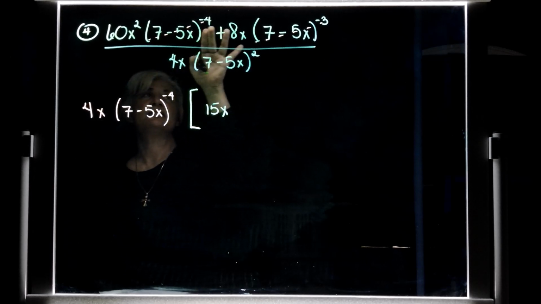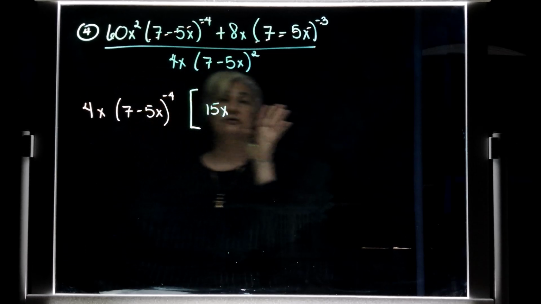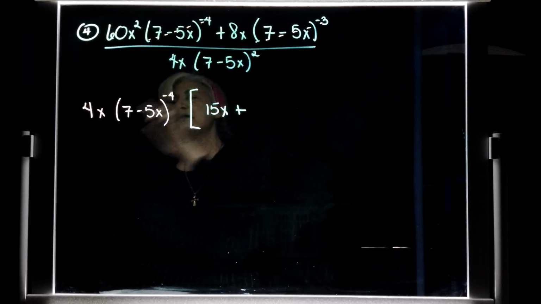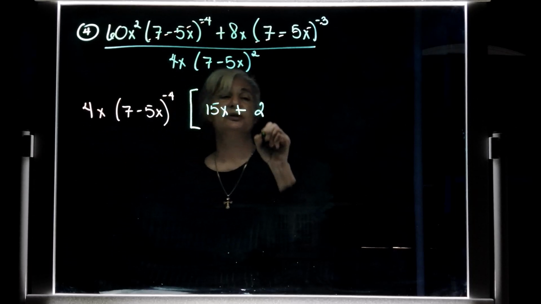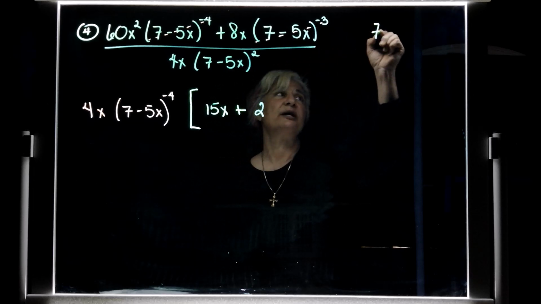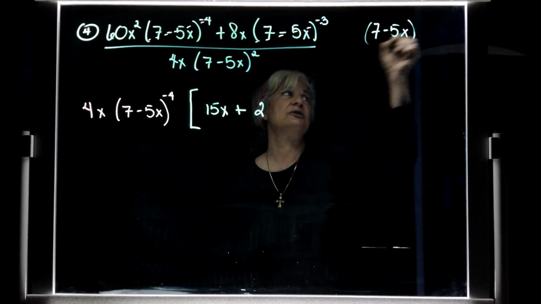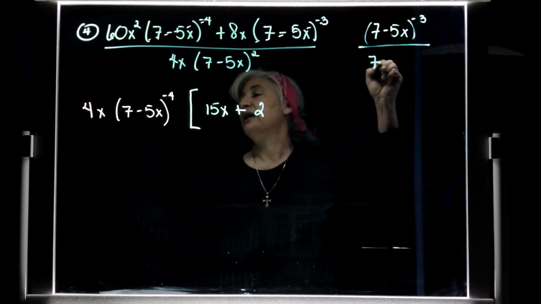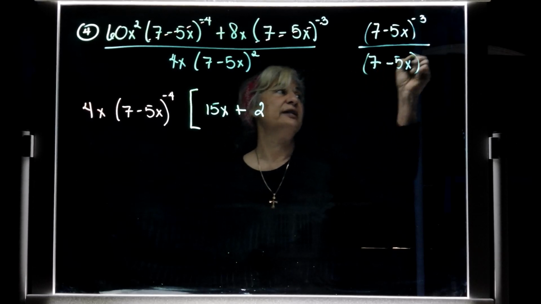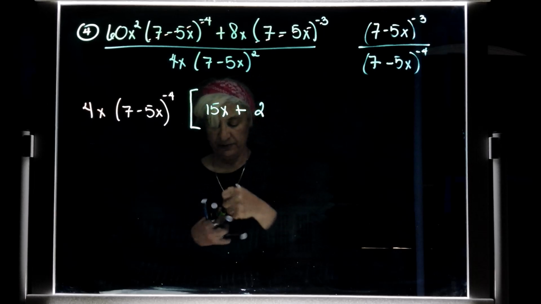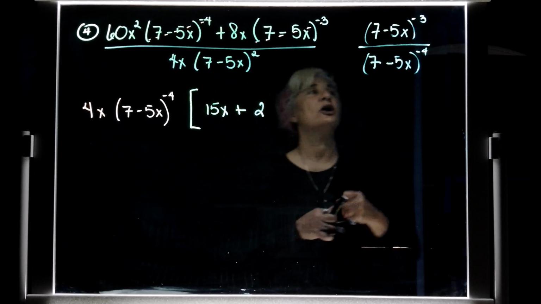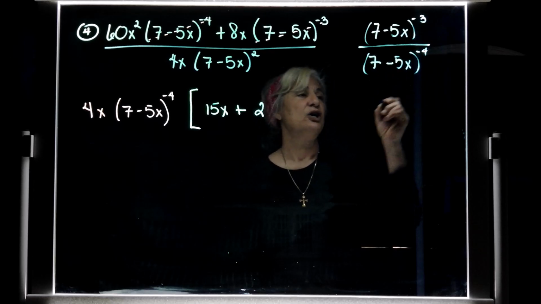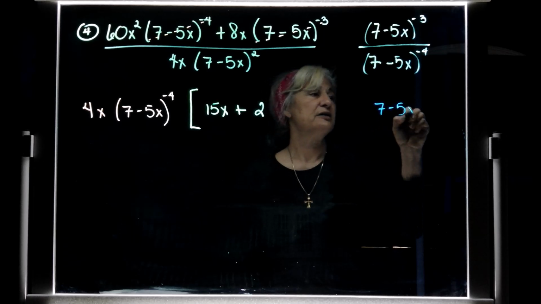This parenthesis, what's the -4th power? And that's what you're taking out, so it's not there anymore, right? Plus. Now you have 8x divided by 4x. Well, that's just a 2. And now this one. So let me write it by itself over here so you can see it a little clearer. And you're dividing, because you're factoring out, 7 minus 5x to the -4. Remember, when you are dividing the same bases, what do you do with the exponents? You subtract. So 7 minus 5x,